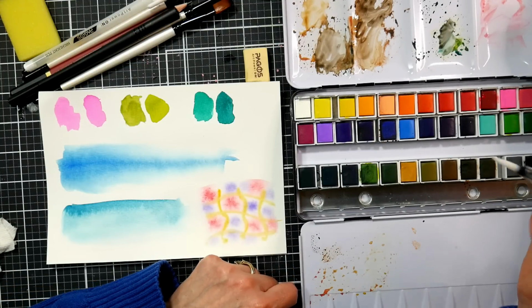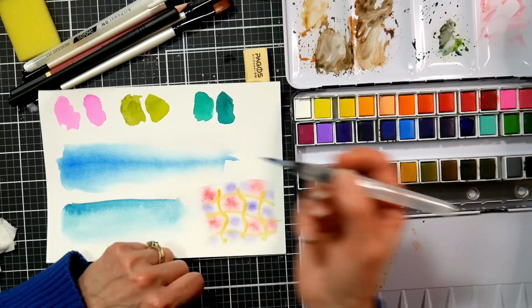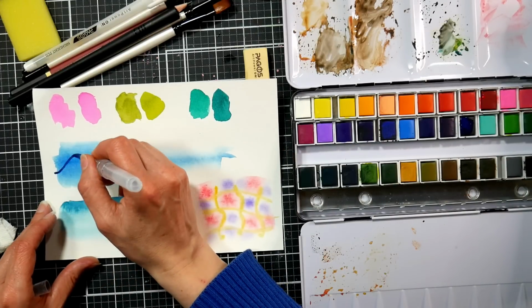Let's grab a beautiful bright color. Yeah, let's stain this Waterbrush right off the bat, Lindsay. And let's just...